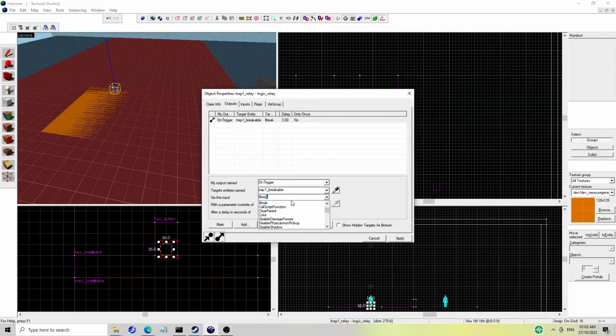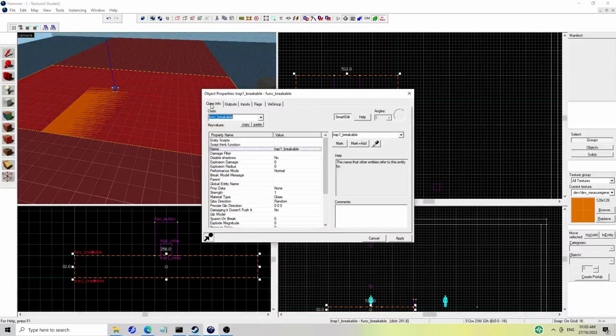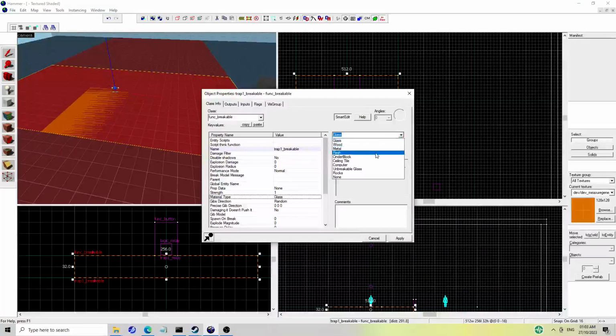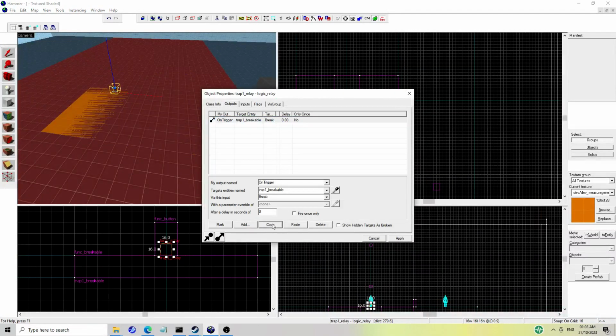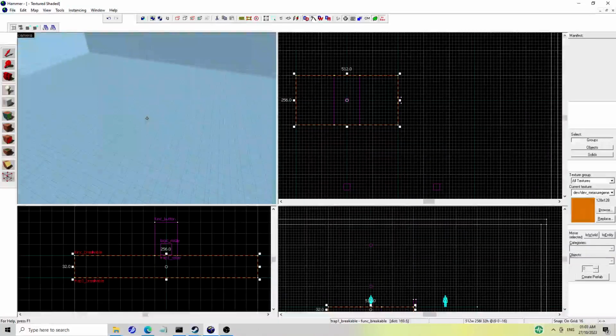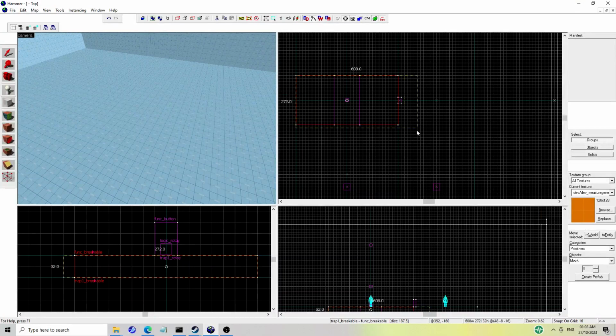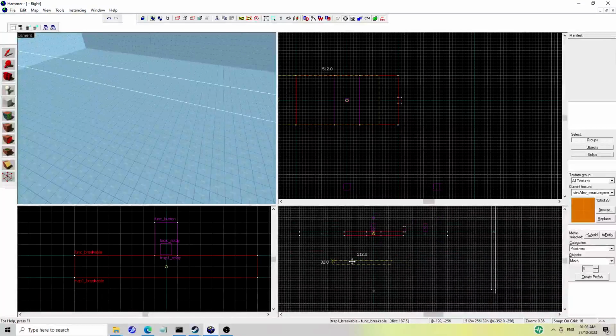And then what you do is you make it break. See, even on the outputs, most of them are pretty obvious as to what they do. So you can make that break, and you can change the material type. There's only a few inbuilt ones, but maybe something like metal. You make that break, and then let's say after 3 seconds, the brush enables. So what that's going to do is this breaks, people fall down. Obviously, make sure that underneath you've got a